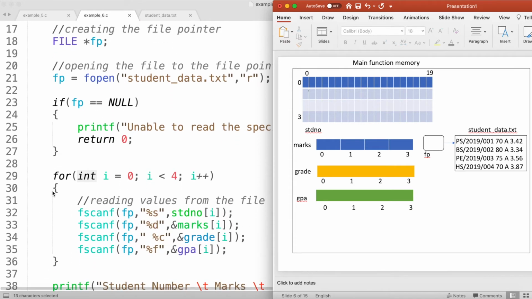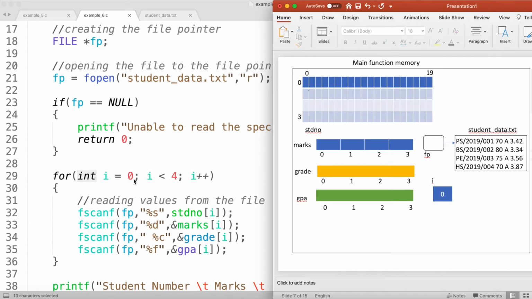In the next statement in my main function, I'm going to execute the for statement, or the for loop. When executing the for statement, first we need to execute the initialization statement. In the initialization statement, I'm going to declare a variable called i and assign the value 0 to that variable. If I execute the initialization statement in my for loop, this is how my memory looks. I have a variable called i, and it got the value 0.